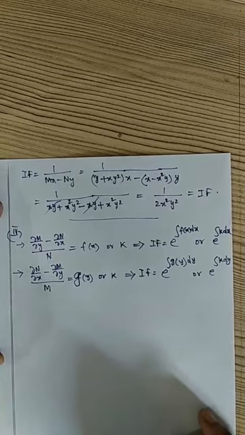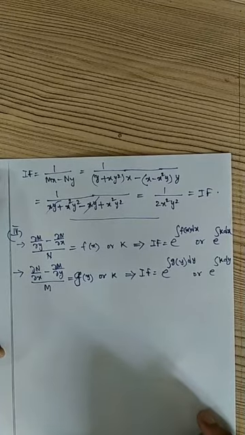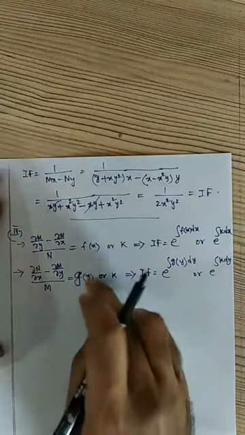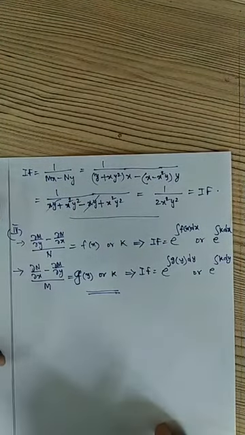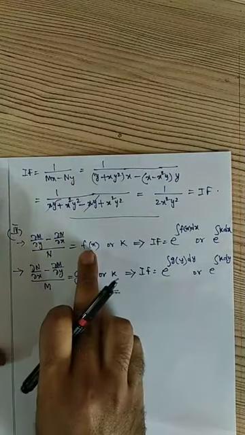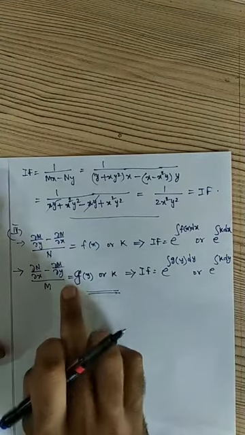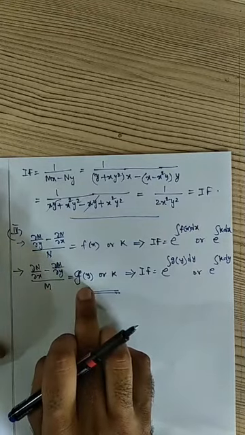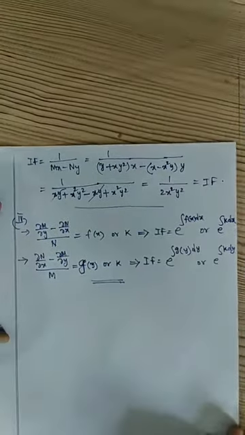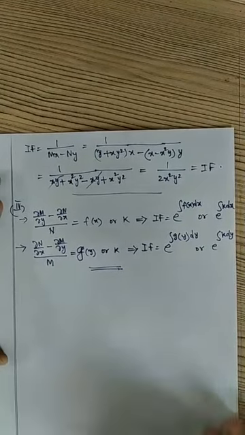So if any non-exact differential equation is given and the previous three methods are not applicable, then out of these two, definitely one will be applicable, right? Either if you find this, then you will get a function of x. If you are not getting this, definitely this will be applicable. That is, if you find this, then the resultant will be a function of y or a constant, right? We will see one problem for practice here.